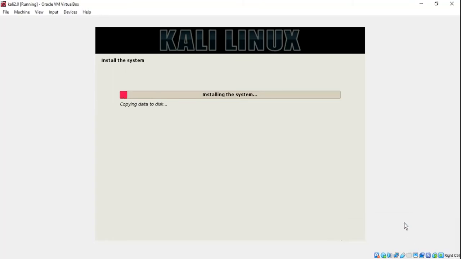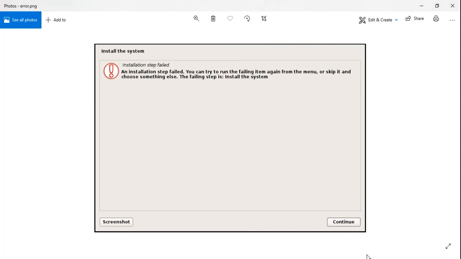It says installing the system, so we have to wait for that. I got an error saying that install the system failed. To solve this, I have started a new installation, but this time I have assigned 22 GB of storage to Kali Linux. I know it's not going to use the total storage, but this is the way to solve this error.